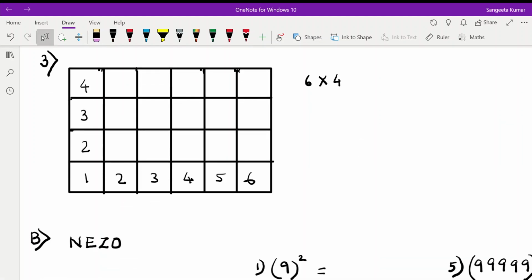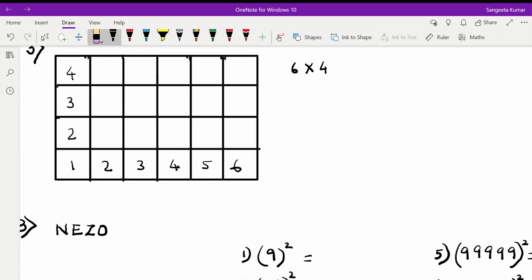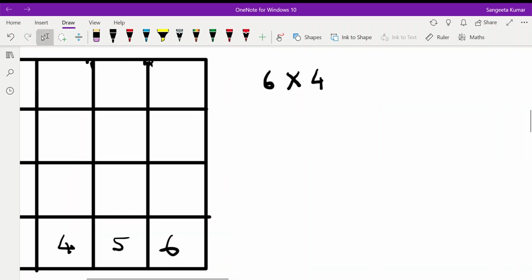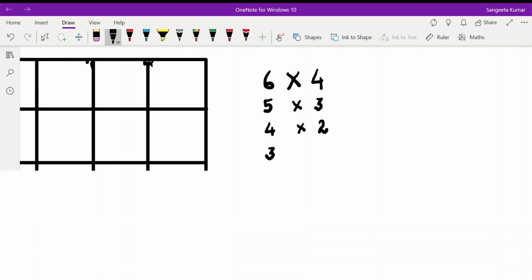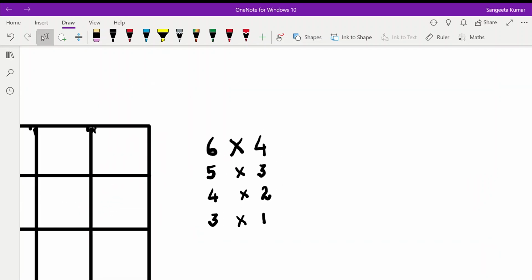This will become 5. Sorry, one second. We go on reducing. So this will become 5. This 4 will get reduced to 3. The next will be, this will be reduced to 4, and this will be reduced to 2. Then this 4 will be reduced to 3 and this will be reduced to 1. The next, if we write 2 into 0, because this will become 0, we'll get 0. So we are not going to take that into account.